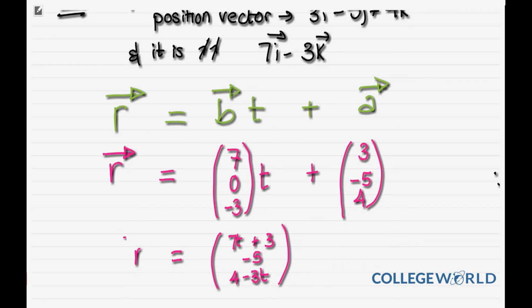And by that you have the general equation for r in terms of t, where t is just a parameter you're expressing in terms of. And that solves the equation. That's how simple